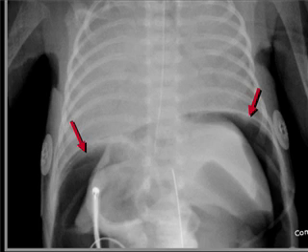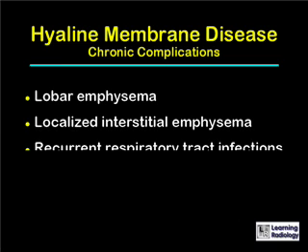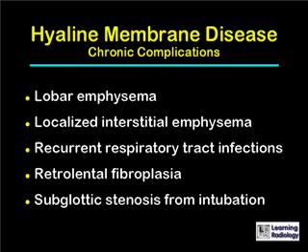In this child with severe hyaline membrane disease and almost complete opacification of both lungs, you can see air in the abdomen, which represents a pneumoperitoneum as a consequence of treatment. Chronic complications of hyaline membrane disease include lobar emphysema, localized interstitial emphysema, recurrent respiratory tract infections, retrolental fibroplasia, and subglottic